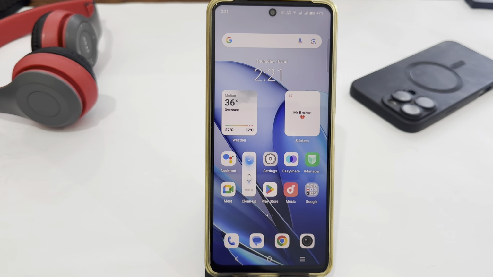Now wait for installation, and after the installation you just have to tap on open to open the app, and here you can generate custom AI wallpapers with the help of this app. So that's how you can generate